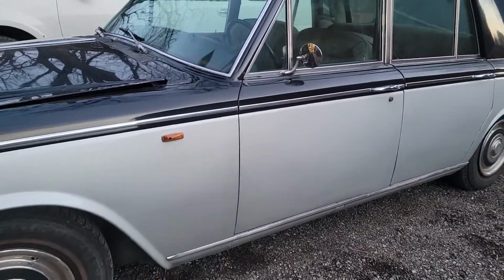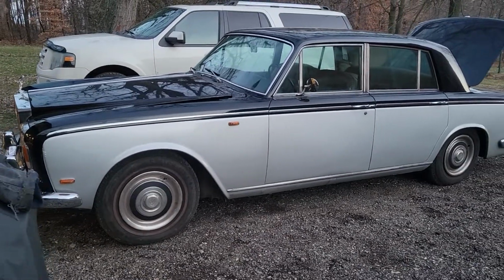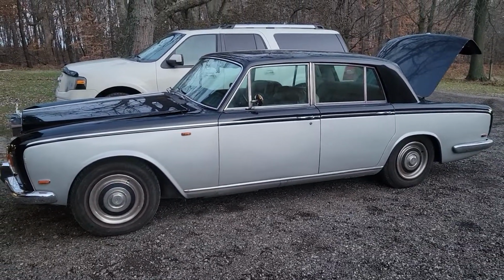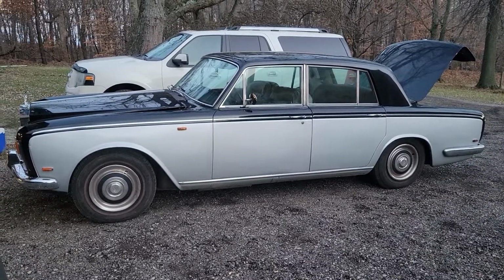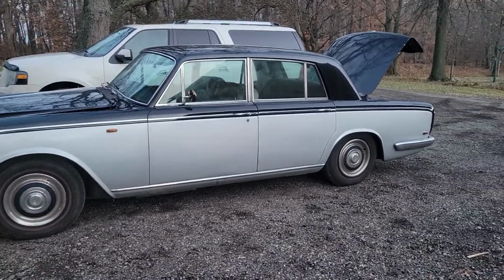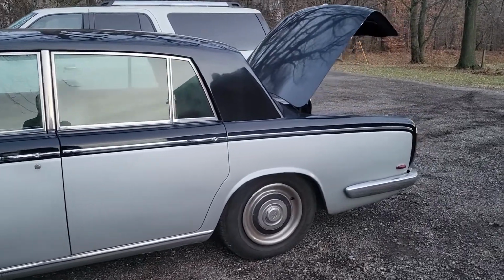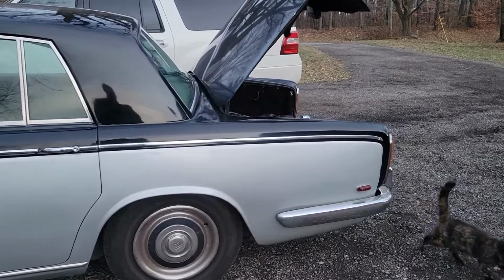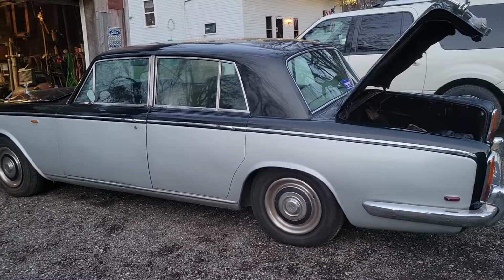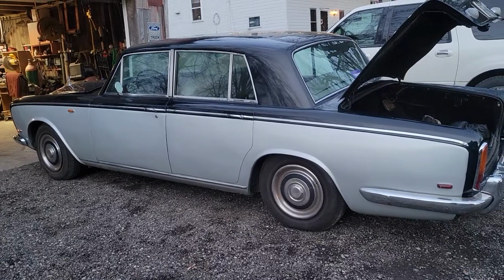I believe my uncle has owned this car since 2001. You've got to know my uncle to understand. He was quite a character. He was a bluegrass musician, a southern gentleman, retired from the post office, and he did not do anything halfway. So this car was just his style, and he drove it. He put a lot of miles on this car,